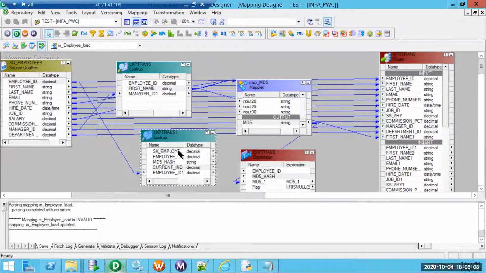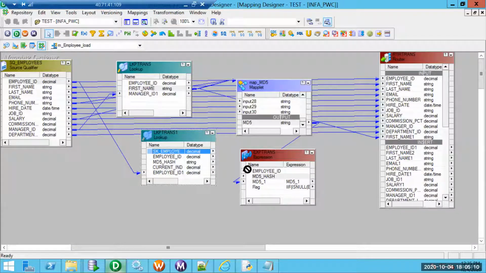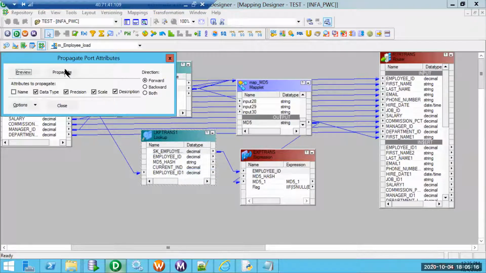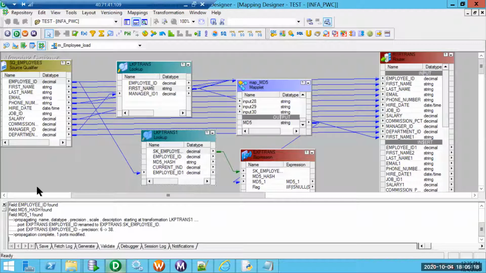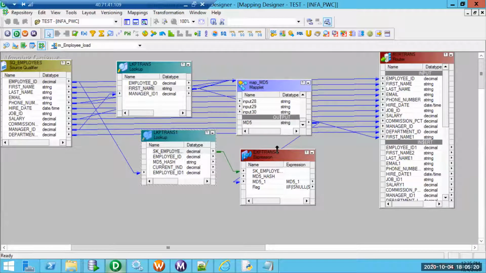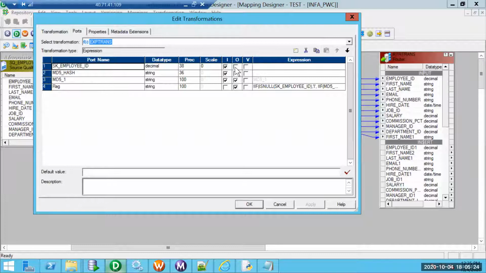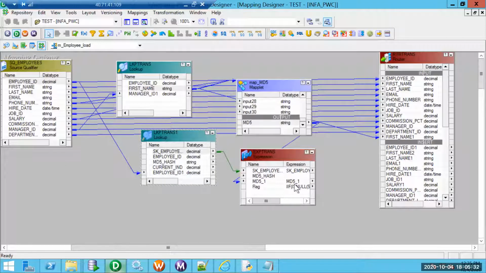So now instead of employee ID, I will be sending SK employee ID, propagate attributes, which will propagate the name, data type, all those things. This needs to be an output port as well. We are going to output that also. Yeah, perfect. Now all good.